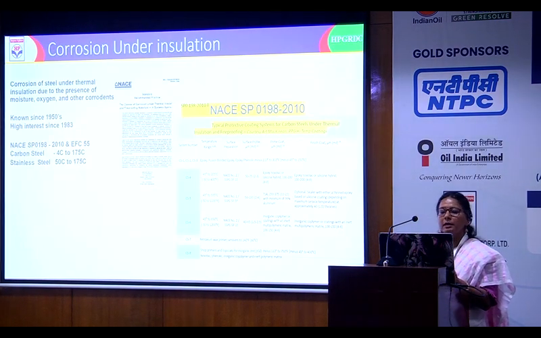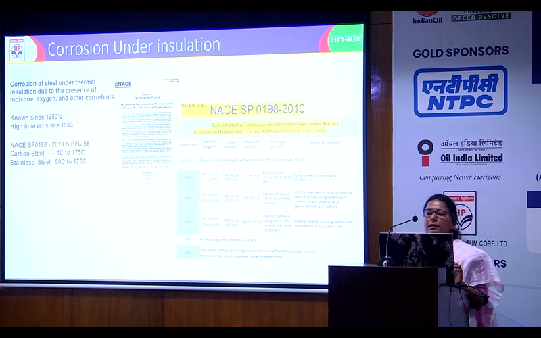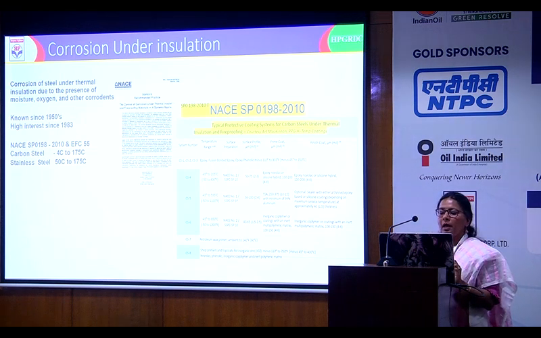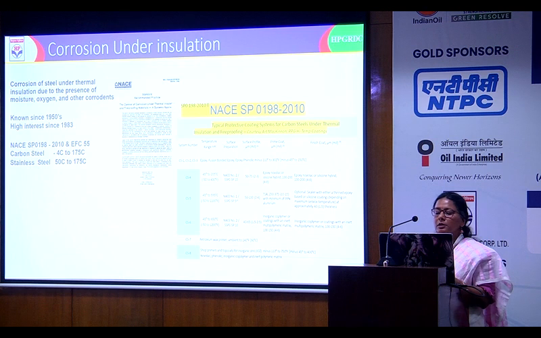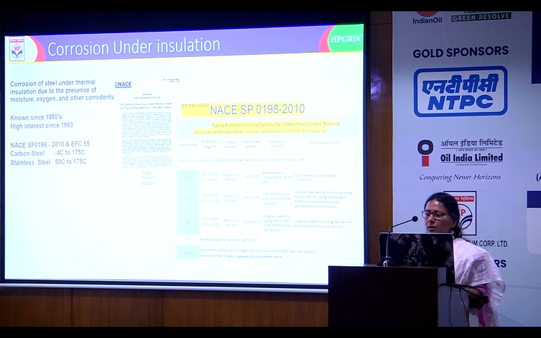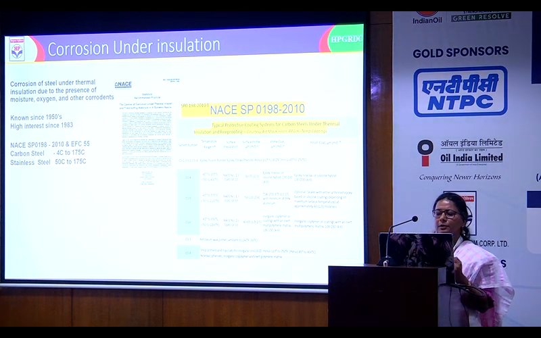So as I told you earlier, there are guidelines available in 0198, and if you look at the temperatures from minus 45 to 250, epoxy or novolac phenolics can be used. But this is the coating over which insulation again has to be there. So we have to ensure that the coating is intact, with no holidays or gaps in the coating wherein the water can still percolate behind and lead to CUI.